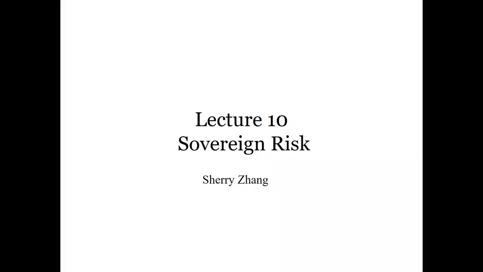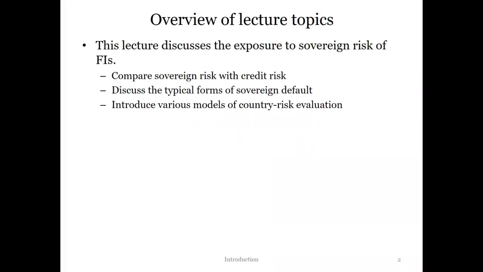It will also restrict local firms' ability to pay their foreign debt, right? So today we just talk about how those bad things all together, we call it sovereign risk. And it's a very significant problem for most international banks because there are very limited remedies to deal with sovereign risk. Okay? So we're talking about a government. Individual banks can be quite weak when this kind of situation happens.